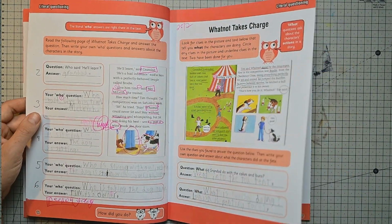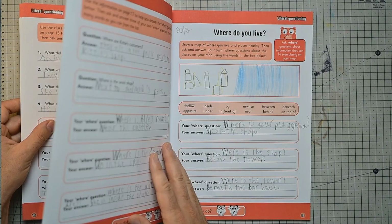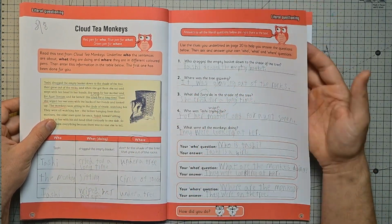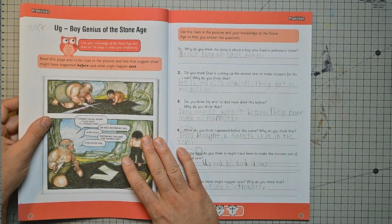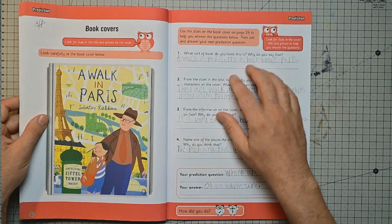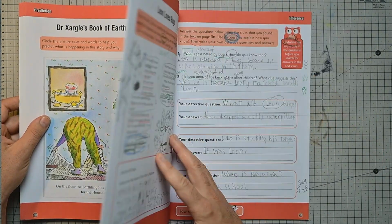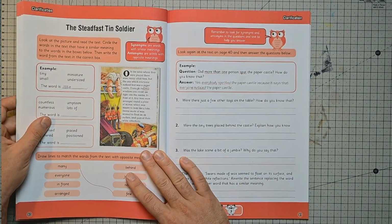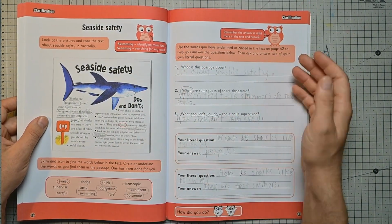Now you see here that the visual style changes. The illustrations are most likely licensed from different sources, so it looks different section to section. But typically they come from wherever the text or the content for that section has come from. So that's typically various books or stories like you have here, which are likely, and I haven't cross-checked all of them, also published by Collins. Stories, fairy tales and so forth, and obviously you draw